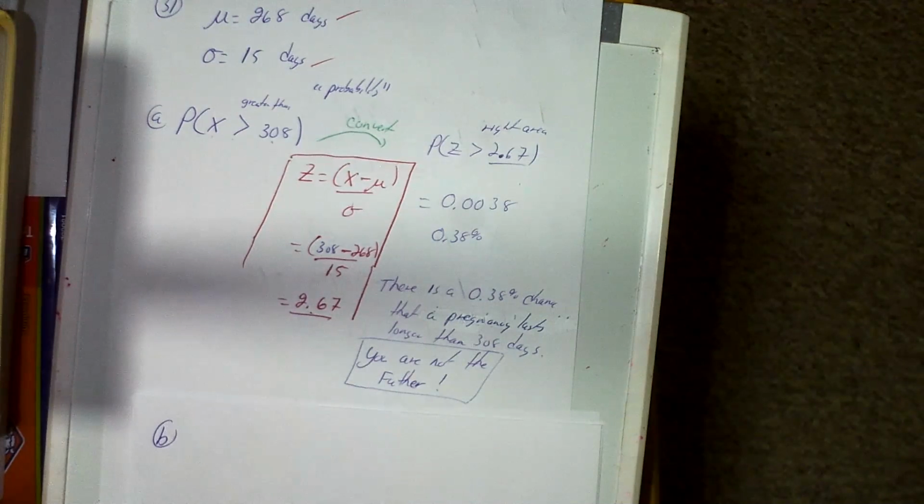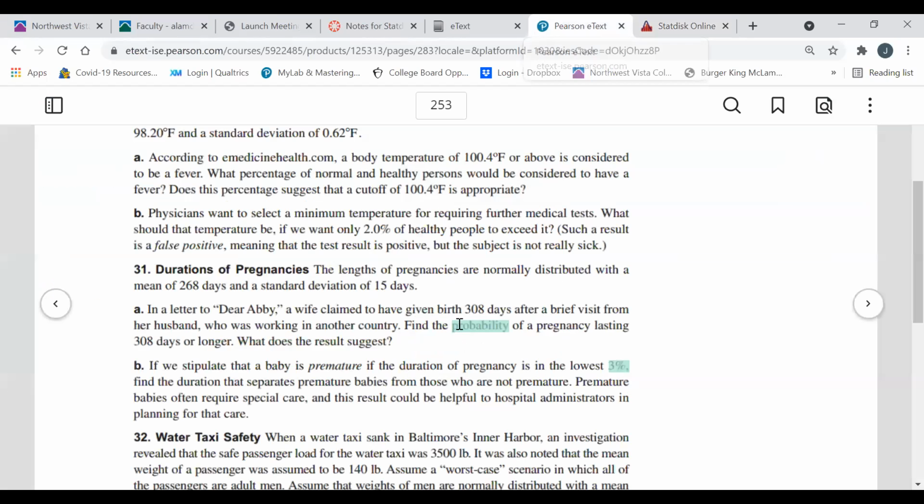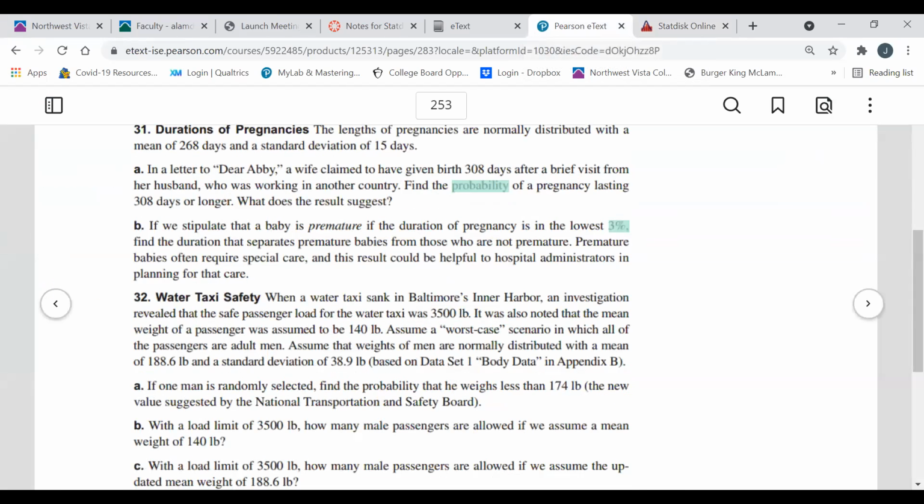So let's look at B. You'll see the term or the thing to look for to determine how you know you're going to use that other method. Okay, so here is part B. If we stipulate that a baby is premature, if the duration of pregnancy is in the lowest